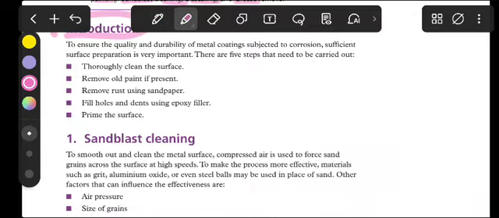You have to ensure the quality and durability of metal coating subjected to corrosion sufficiently. Surface preparation is very important. There are 5 steps that need to be carried out. Thoroughly clean the surface, obviously. Remove old paints